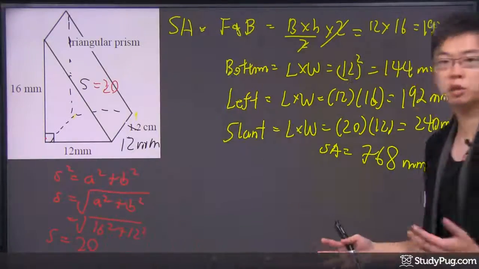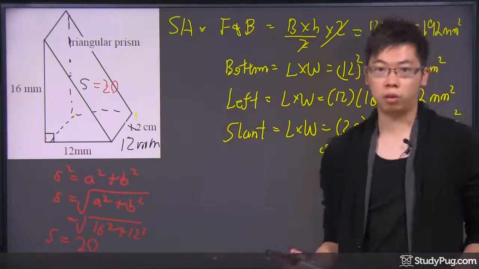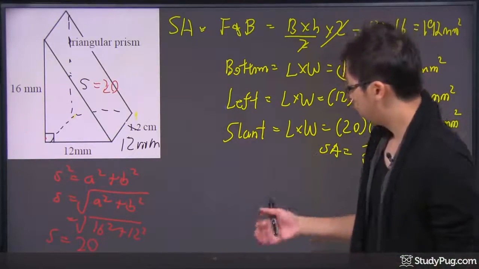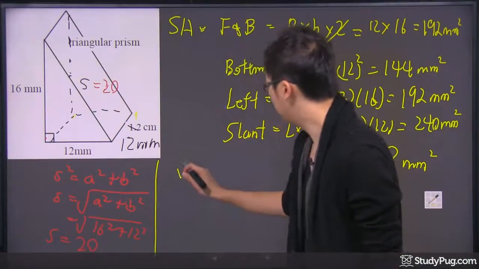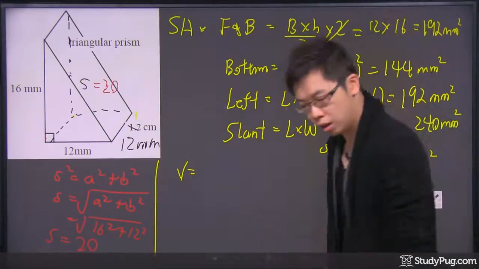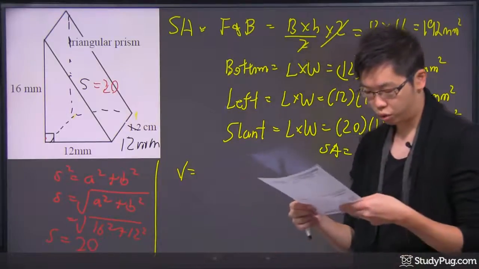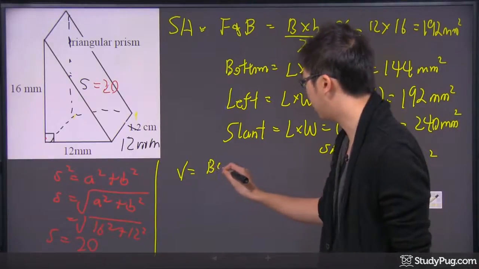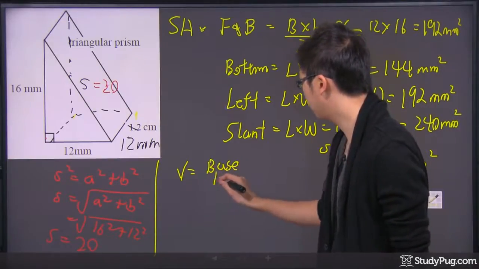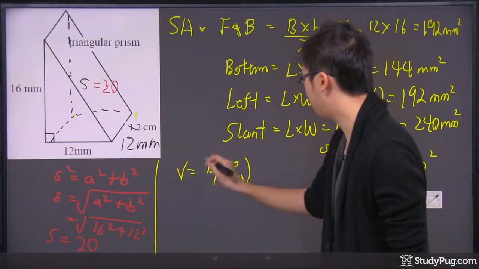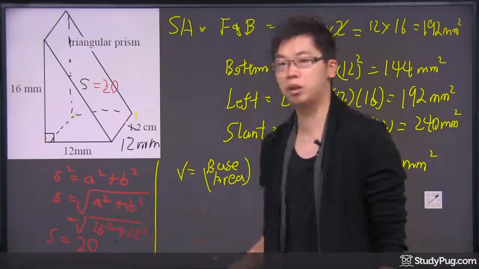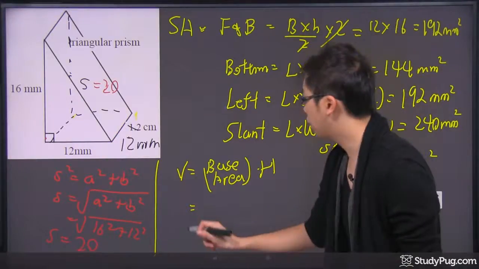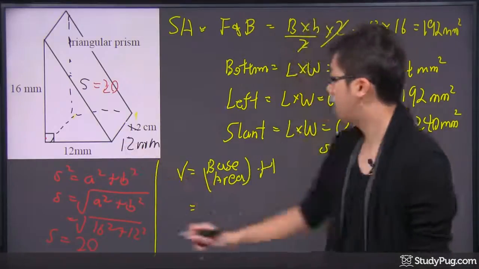Now, coming back to the very last part of the question, it's to find the volume. Now, the volume, it's much, much easier because you use the equation, right? So, I'm going to put a little space right here. To figure the volume of a rectangular prism, its equation is just the base area. The base area, actually, I'm just going to call it the base area. Okay? And multiply by the height of that triangle, which is going to be the 16. Okay, so multiply by the height. So the base area is going to be 12 times the 12, and the height is going to be the